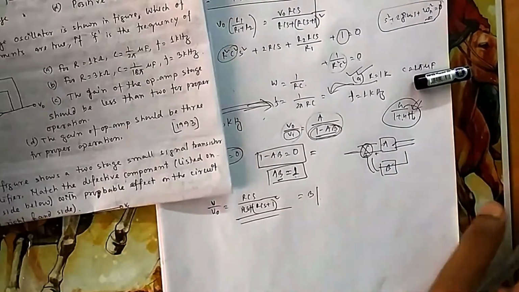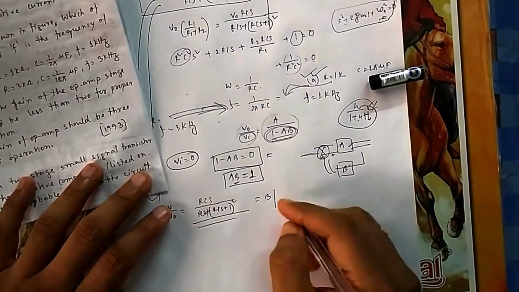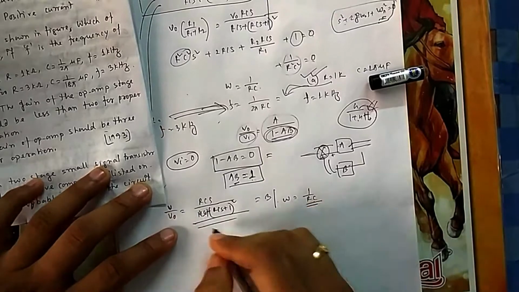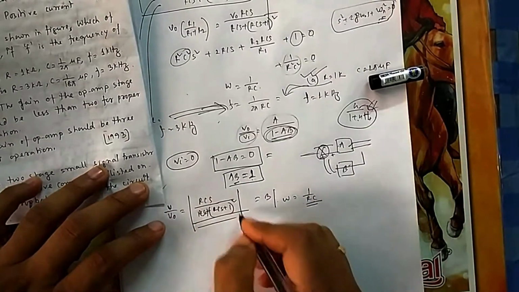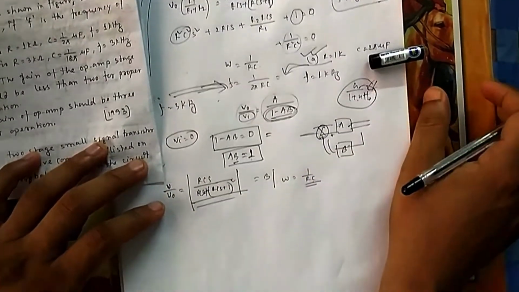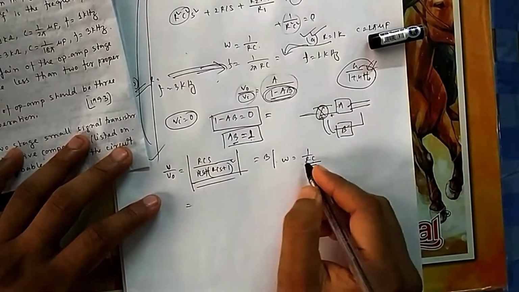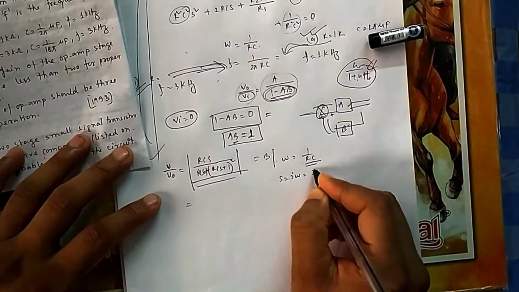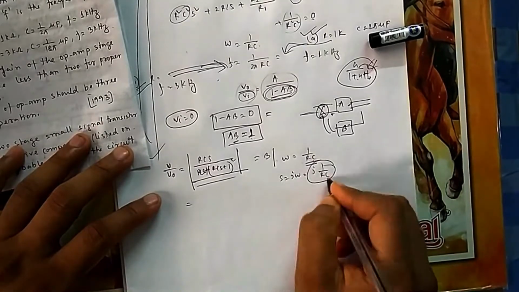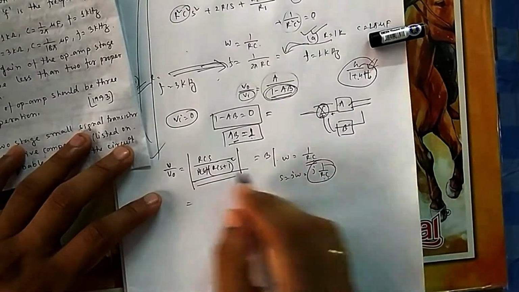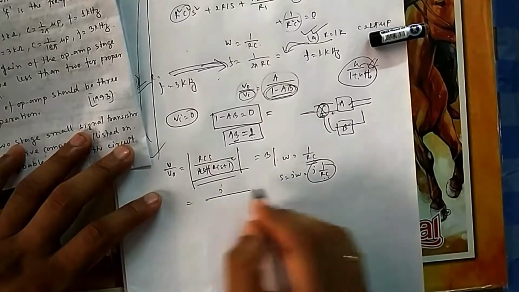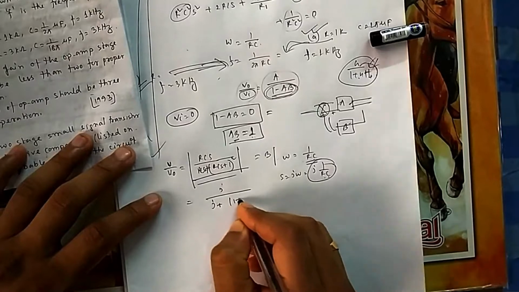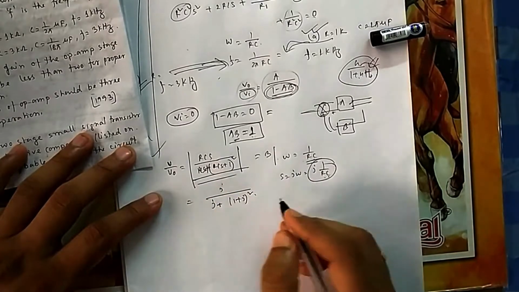So we need to calculate the feedback factor, because the system is oscillating at omega equal to 1 by RC. So at this point, what is its magnitude? Because it is a complex number, it has magnitude and angle both. So if you put S equal to j omega, and then omega equal to 1 by RC, the RC will get cancelled, so it will be j only, and here also RC will cancel, you will have j only, and it will be 1 plus j whole square, or j plus 1 whole square, whatever.